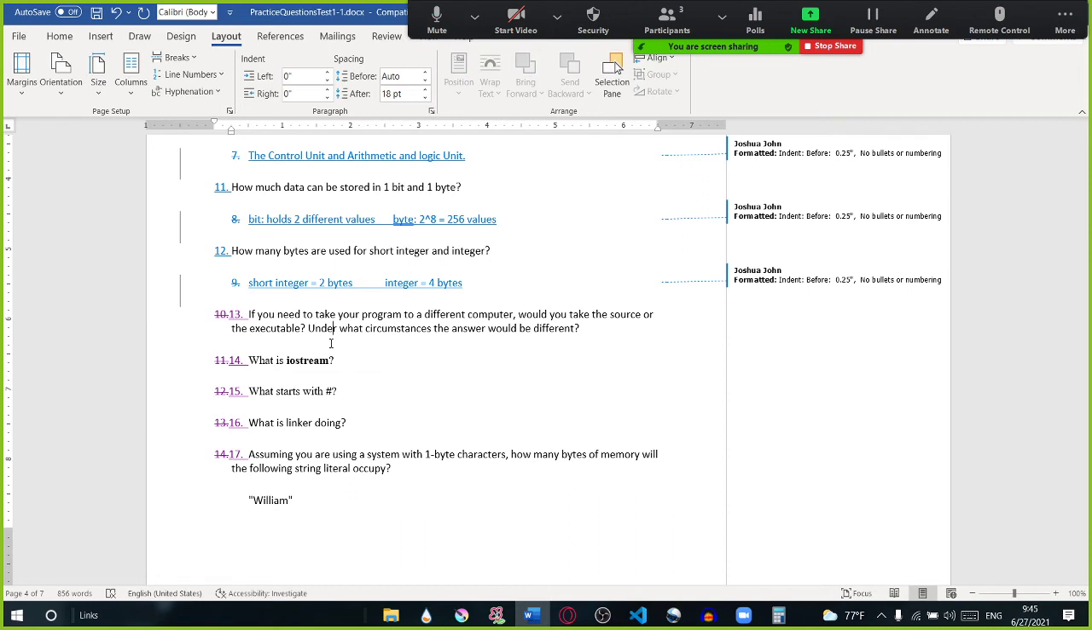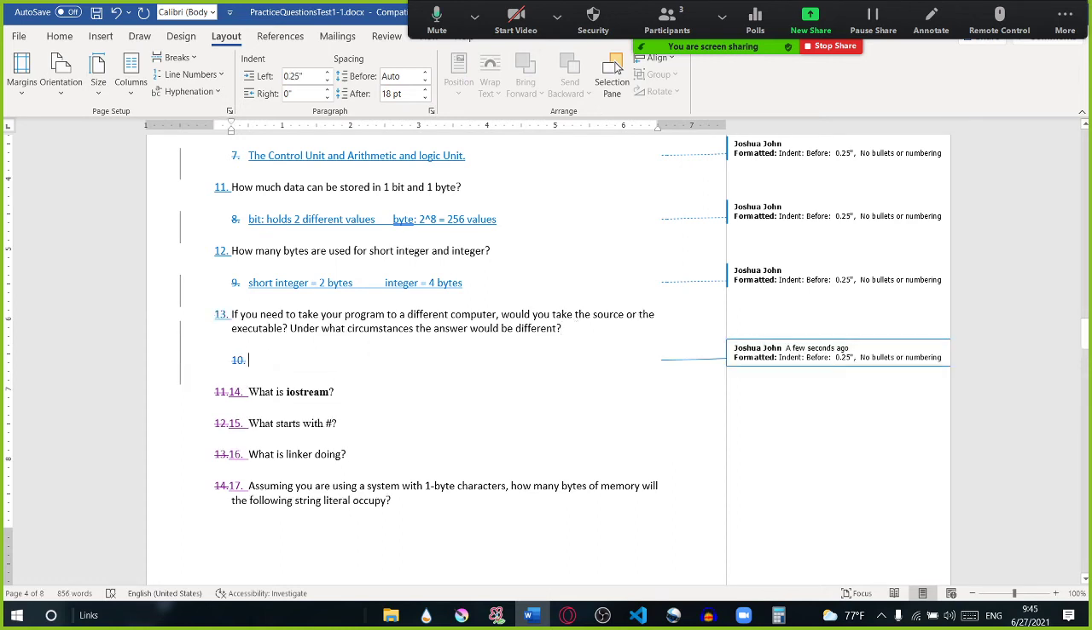Now, yeah, this is one of those questions. Basically, you can take your source. Sorry. Yeah, no. You always want to take your source, right? That's like what you actually typed. The executable is like machine code, like ones and zeros. That's like a file made of ones and zeros. You don't want to take your ones and zeros file, the executable, because